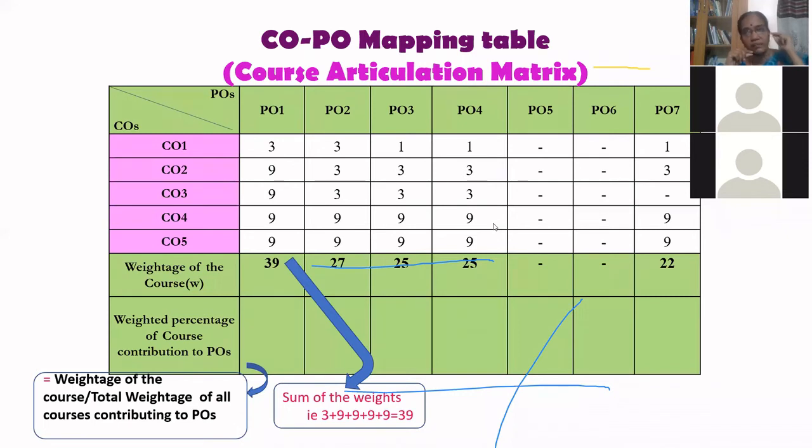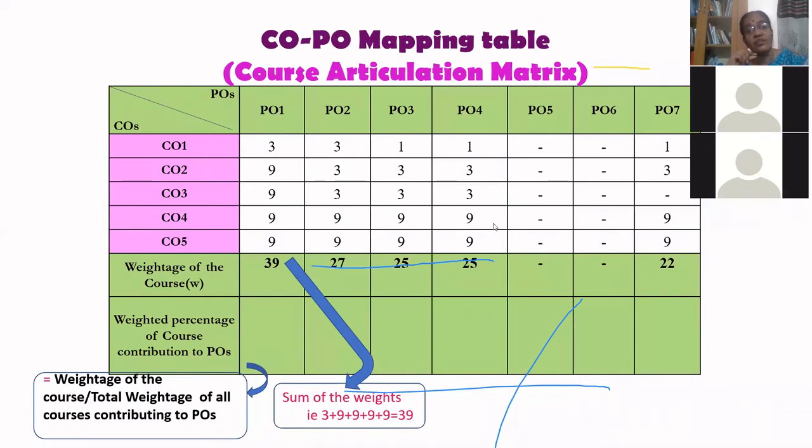Likewise, for a program, suppose it is a BSc Computer Science program, how many courses will be studied by the student, including part 1, part 2, all the courses under part 3, part 4, whatever be the credit. For all the courses appeared by the student in the examination, all the courses should be included here.